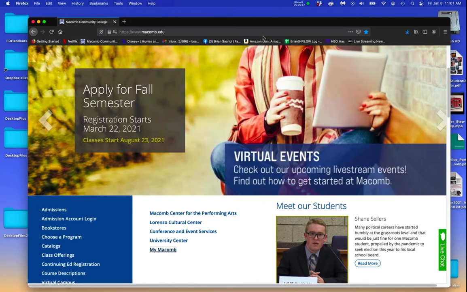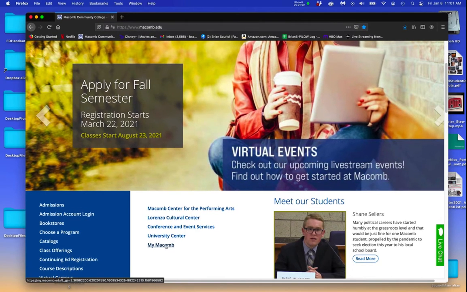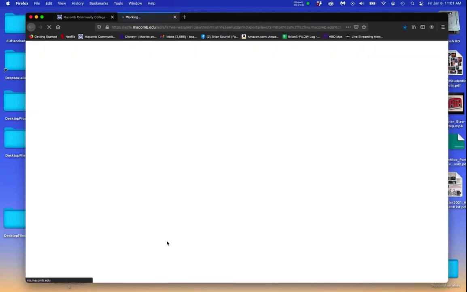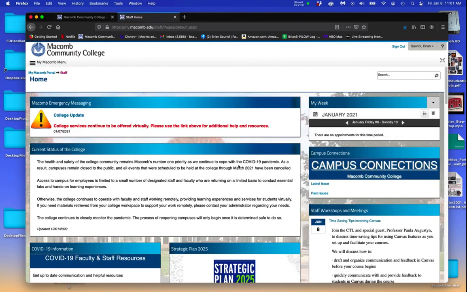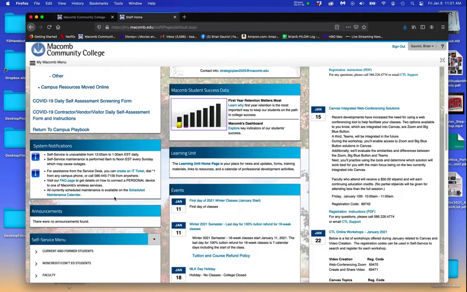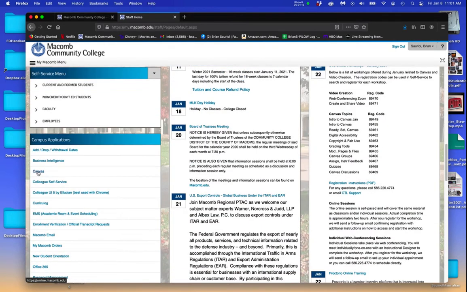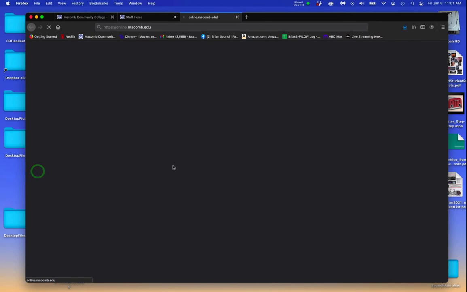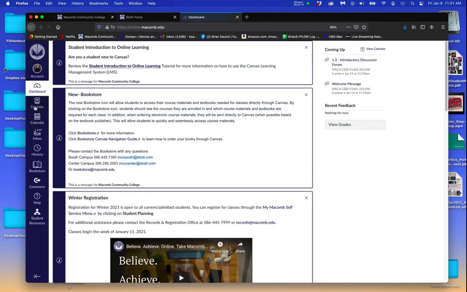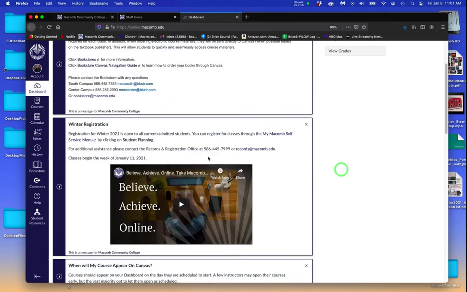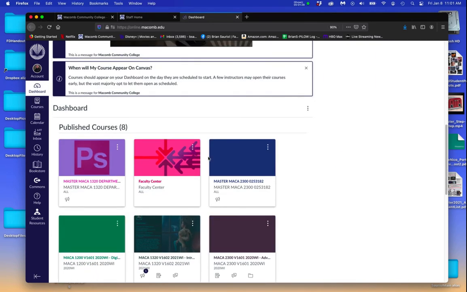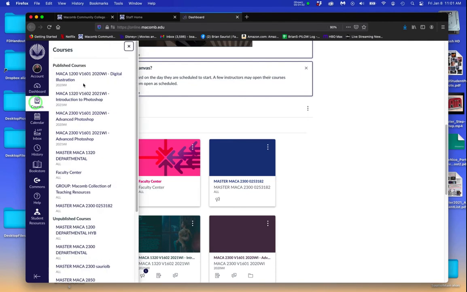So when you're on the Macomb website, you all know to go to My Macomb. And then when My Macomb comes up, I've already logged in, of course. You just simply go to Canvas down here on the left, okay? And it's the third one down. And then you're going to hopefully have your class in your list of classes. It shows up both here to the left in this list, and it also shows up as an icon down here. Now, if you don't have your class in this list on Monday morning,